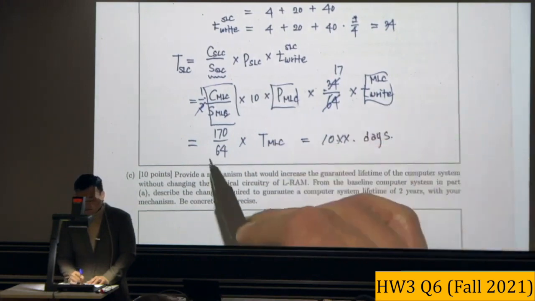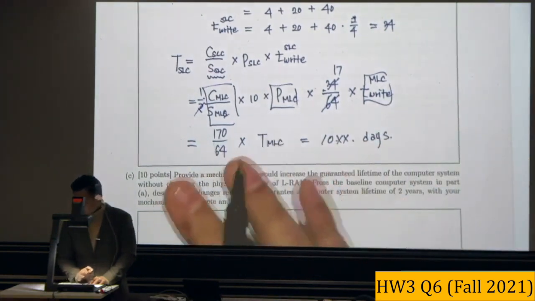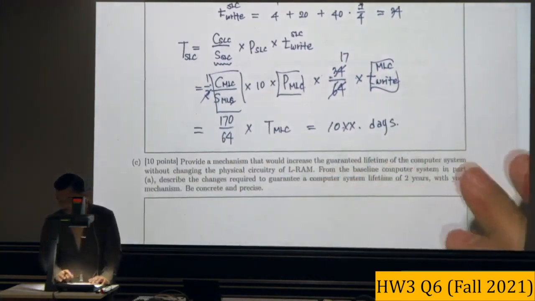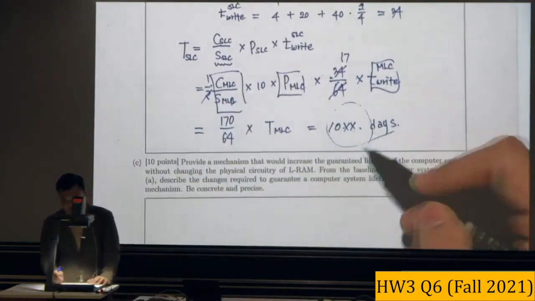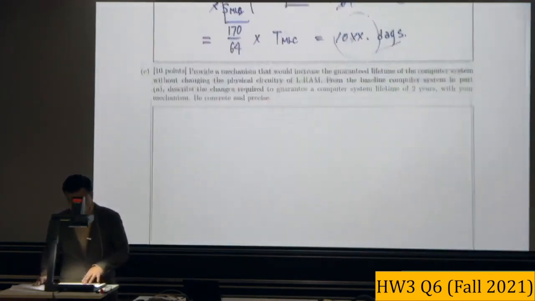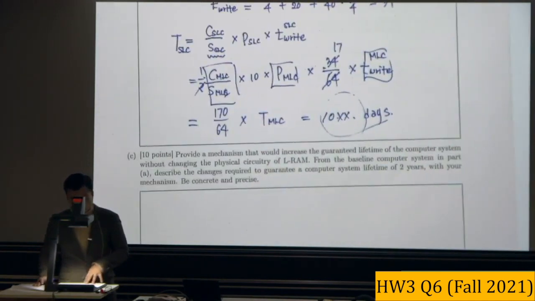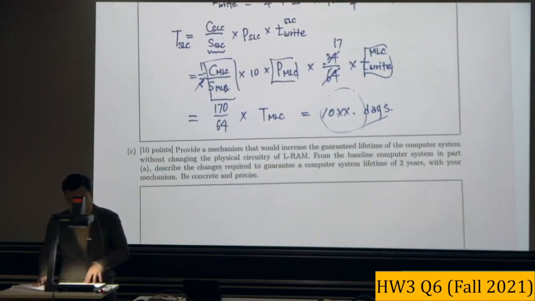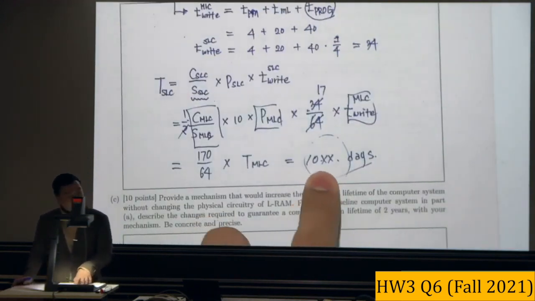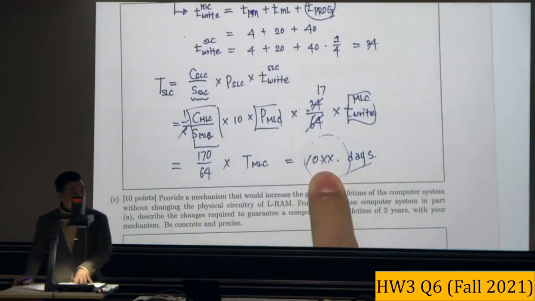And the final form, you don't need to calculate the exact number of this. Is it clear? So it means that finally it meets the target lifetime of the device, but it